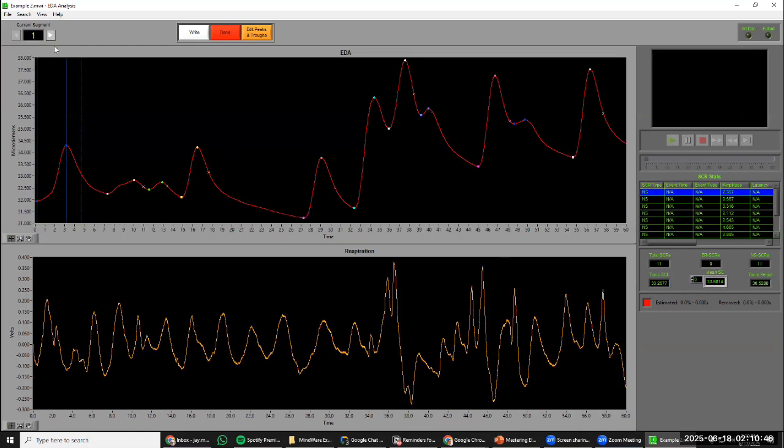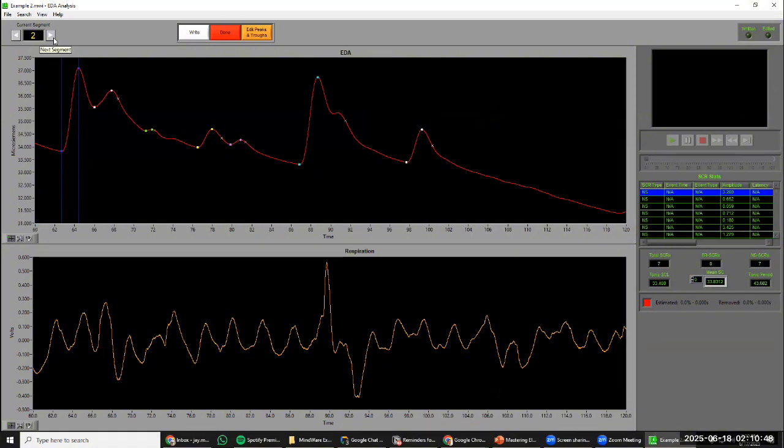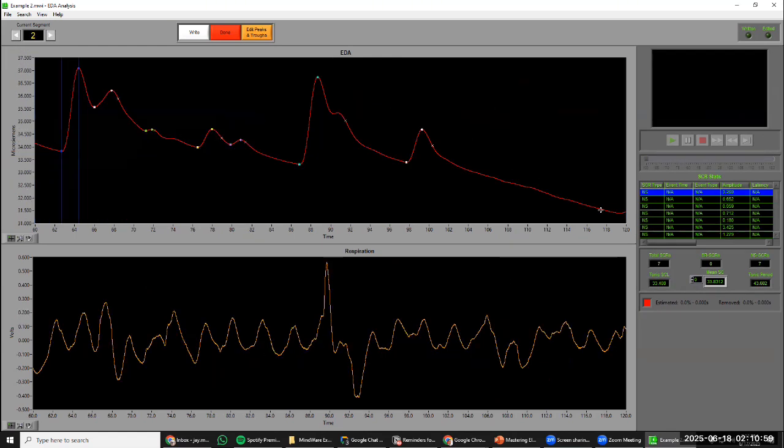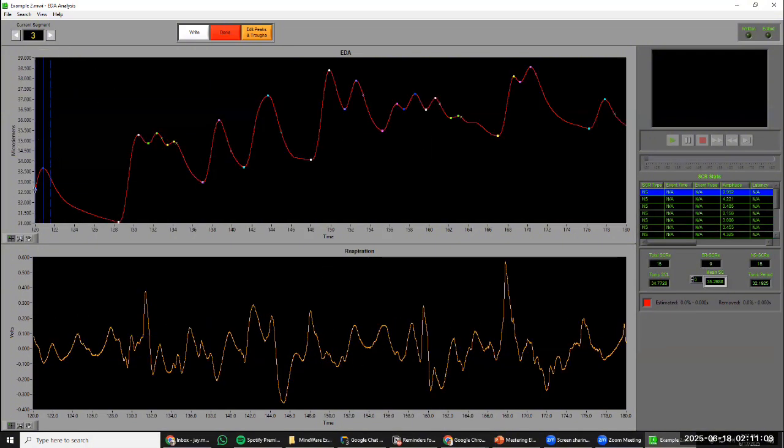One thing that can occur on some segments is that we actually have an SCR that is bridging potentially between segments. And in this case, it's actually picking up on the trough, which is very likely not the actual trough location. It's probably over here that is then rising up. But as far as this window, it sees that trough and begins that point here. So underestimating SCRs, change in the tonic level, these are all things that can occur by having just this